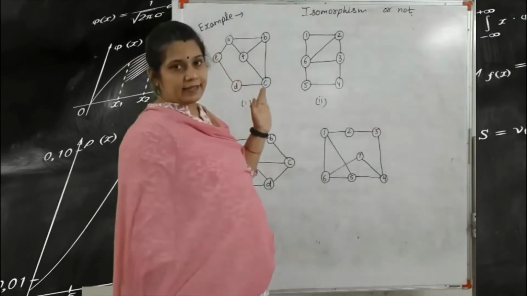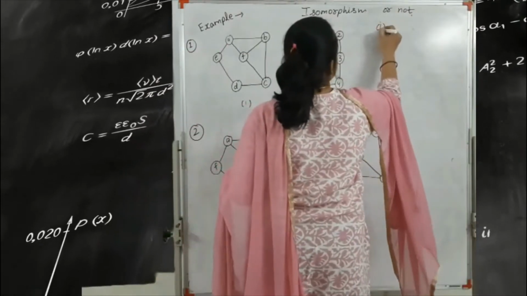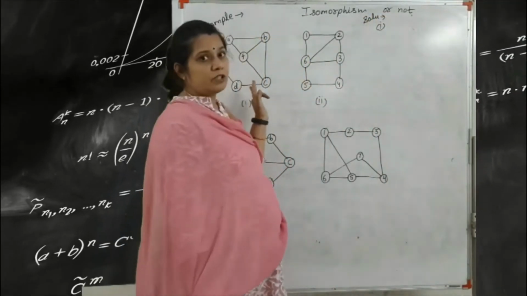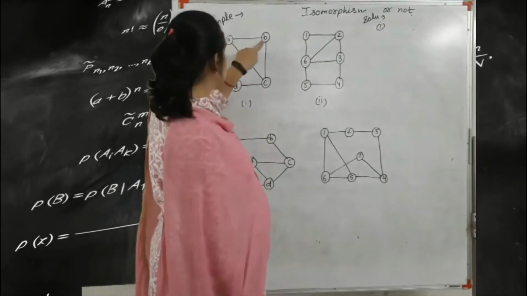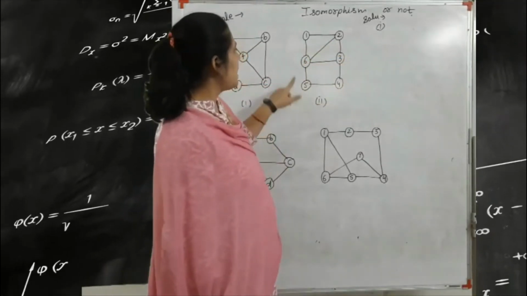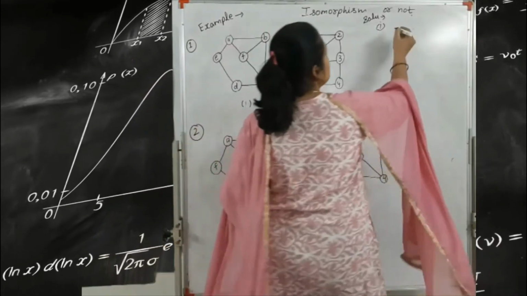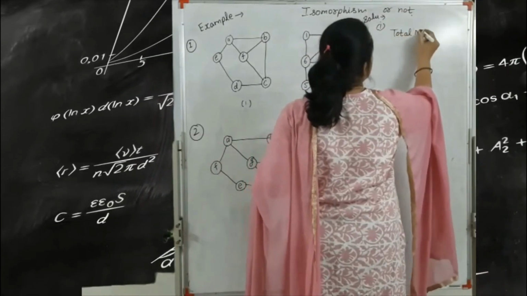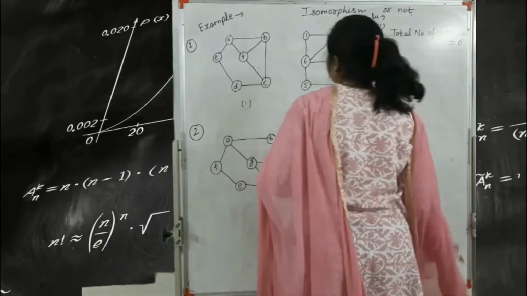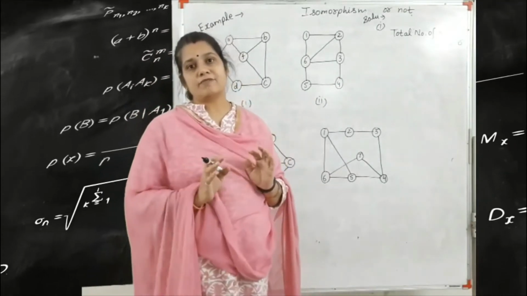Number one is, first you check the edges and the vertices. Okay, so first in the solution, the first point is we find the total number of vertices. So 1, 2, 3, 4, 5, 6. Okay, here 1, 2, 3, 4, 5, 6. That means the total number of vertices is equal to 6. That means the first condition is satisfied. So here we write in the solution: total number of vertices is equal to 6. That means we can say that the given graph is isomorphic.